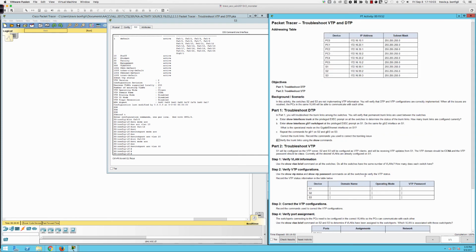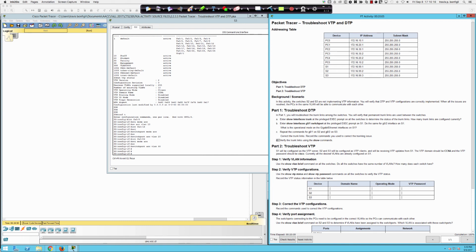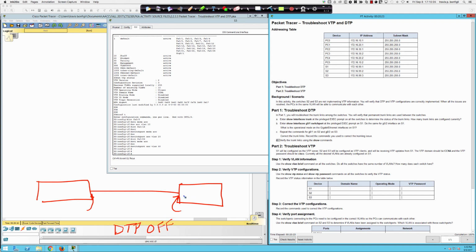So again, to recap, we troubleshot DTP. We saw that the ports cannot be set to switchport mode access. Remember, that overrides any of the commands on the port that indicate that it could be a trunk port. And when you have an access port between the switches, this is critical. If DTP says that's an access port, or if it's hard-coded as an access port, DTP is off, right? But if it's hard-coded as an access port, whatever the VLAN is, if it was VLAN 1, which it was